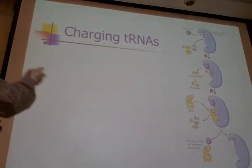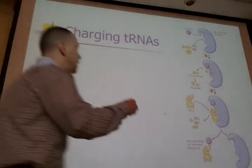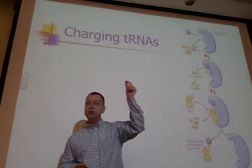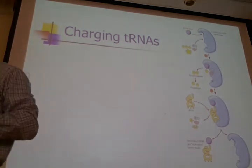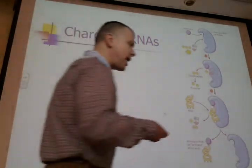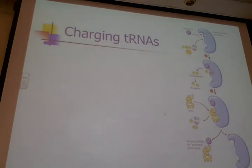This process is called charging the transfer RNAs. So a transfer RNA with an amino acid attached is called a charged transfer RNA. And again, every time you do this, it costs you an ATP. So hooking those two molecules together costs you an ATP. Keep that in mind because we'll want to keep track of how expensive it is to make a protein. So every amino acid that gets placed in so far costs us an ATP to attach it